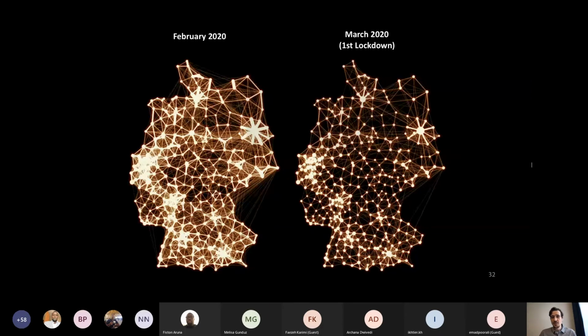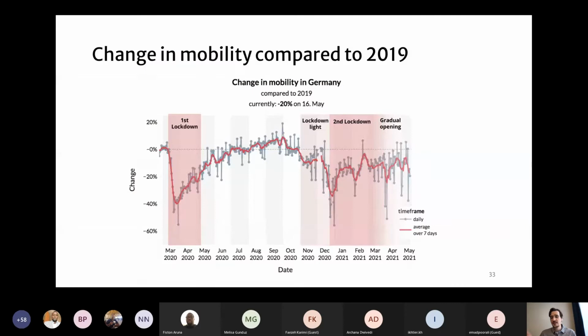So, and this was like the immediate reaction, but what we did then is also track this throughout the course of the whole pandemic. So here on the left, you see the change in mobility in Germany when we compare it to 2019. So 0% means normal mobility. And what you can see on the left is that during the first lockdown, mobility fell almost immediately down to 40% below normal, and then